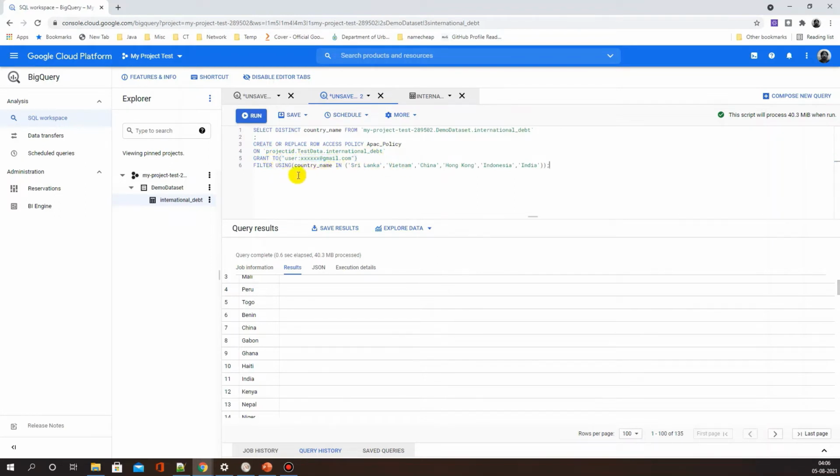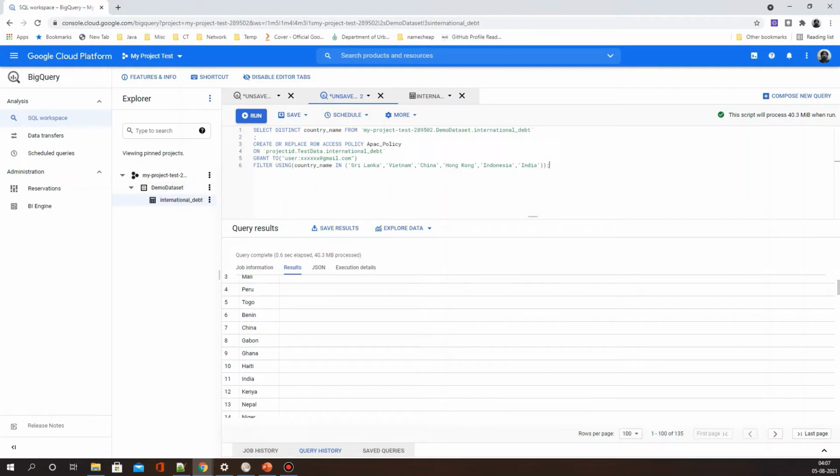And along with that, a list of country names that I've used over here. Now, bear in mind, this is basically a where clause, right? And anything that matches will be applicable to this particular user. And this is the policy name I'll be using for this particular subset of users and this particular subset of where clause conditions applicable to them.